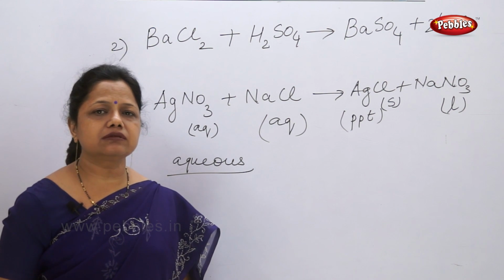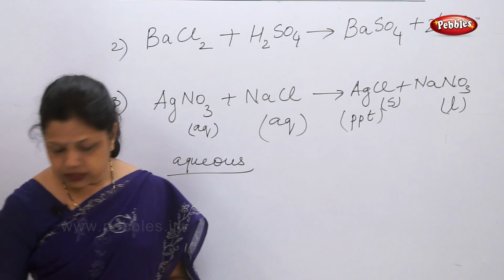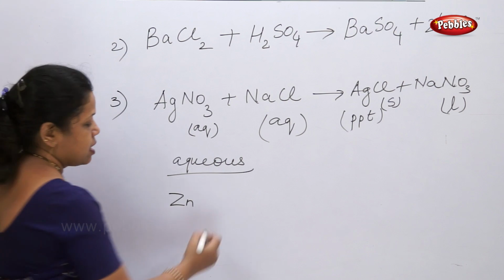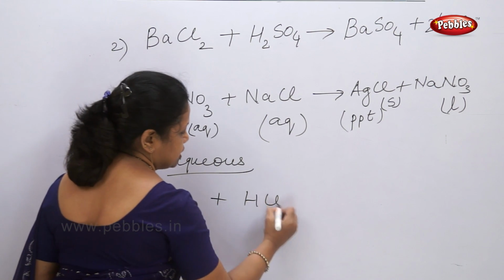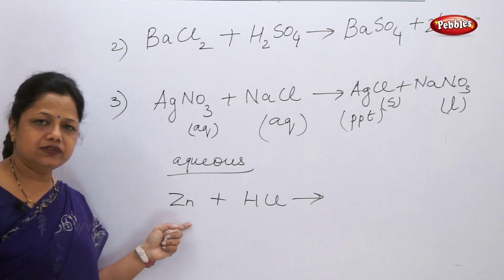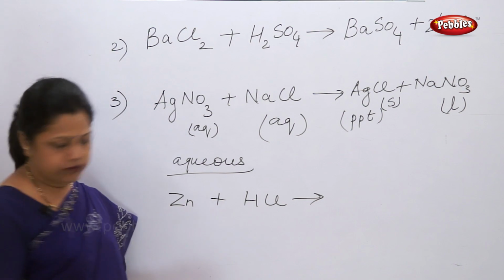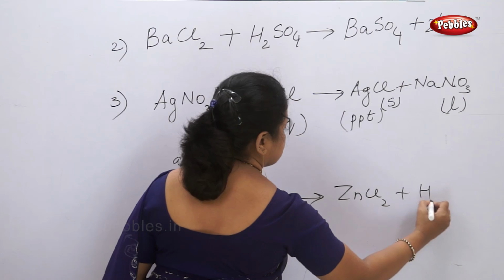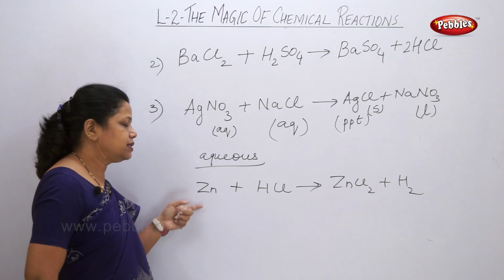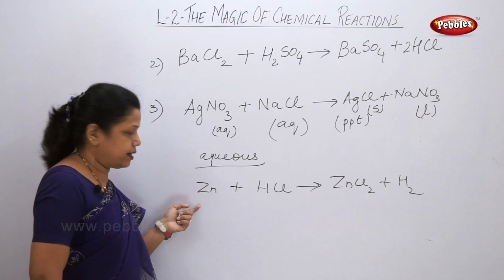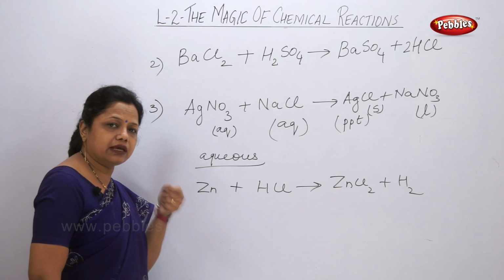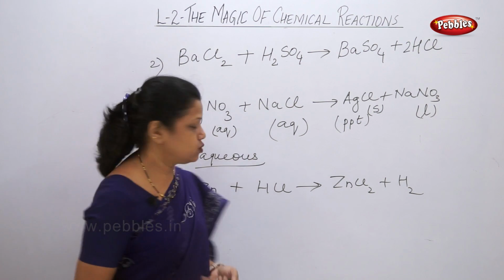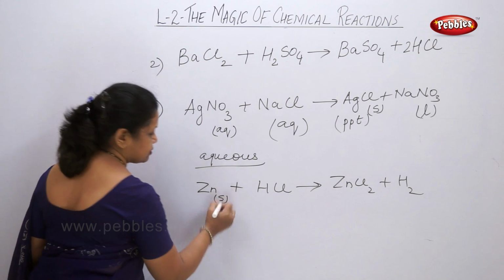Another chemical equation is given where we have to write the states. Zinc and hydrochloric acid. Zinc, Zn, hydrochloric acid, HCl. This is a metal which is reacting with an acid. It will form ZnCl2 plus hydrogen. Now this is a reaction where again states are required. Here zinc metal is taken. We cannot make a solution of metal. So metal is solid, so I will write S.